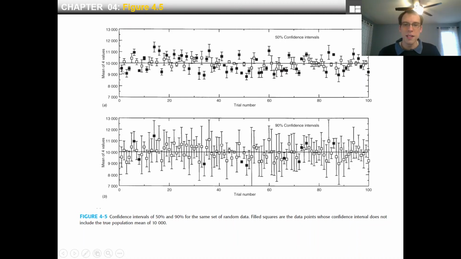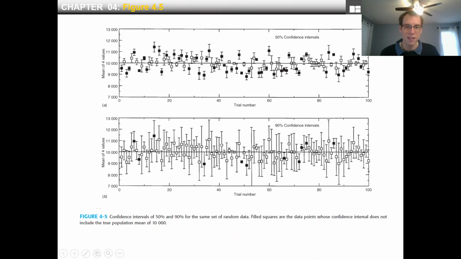What we can see is that about 50% of the time we have these white squares, which indicate that the confidence interval includes the true mean for the actual set of data. That's only true about half of the time at a 50% confidence interval. So this interval is smaller, and it means that the true mean only 50% of the time will lie within that range. In contrast, a 95% confidence interval has a wider range, and 95% of the time,